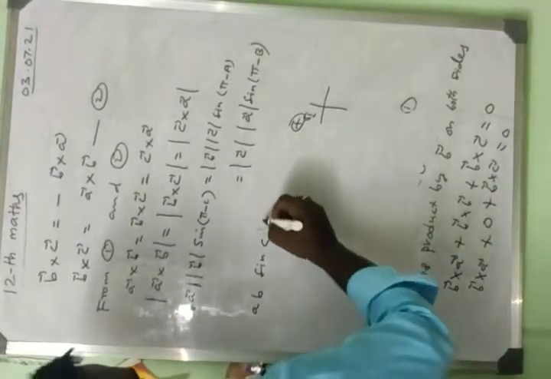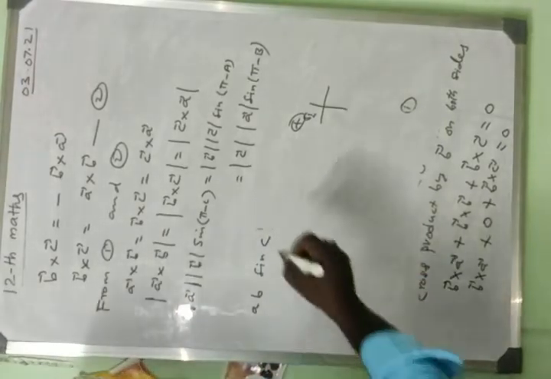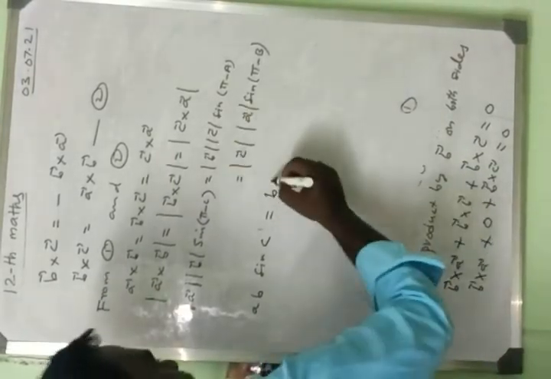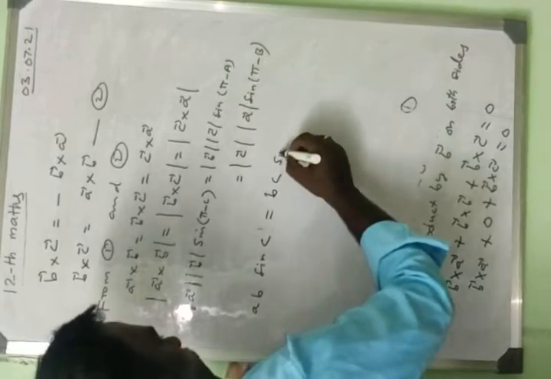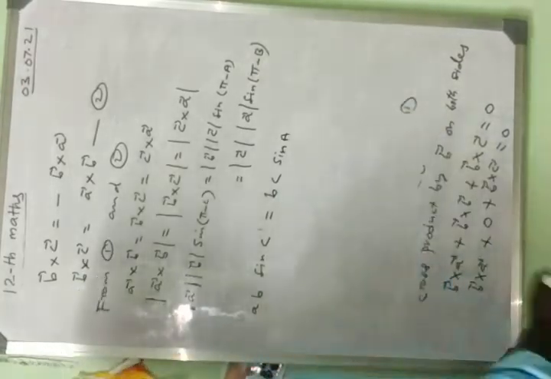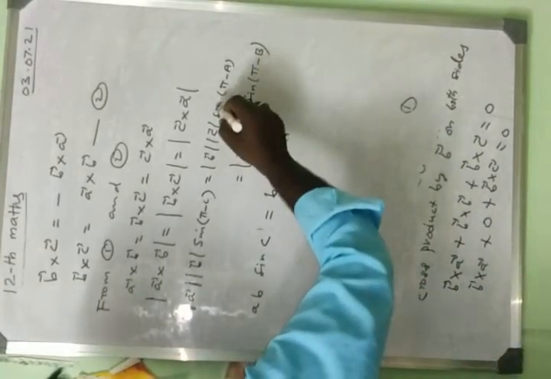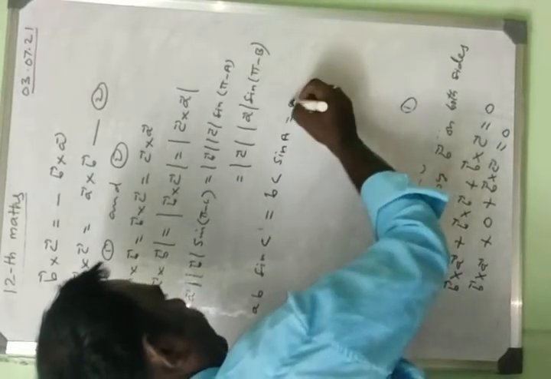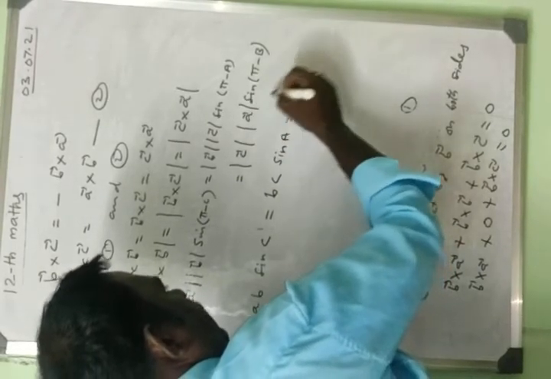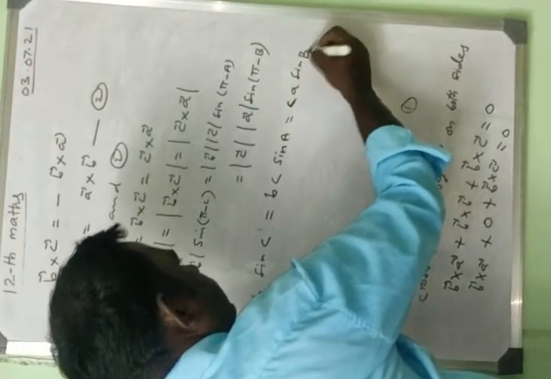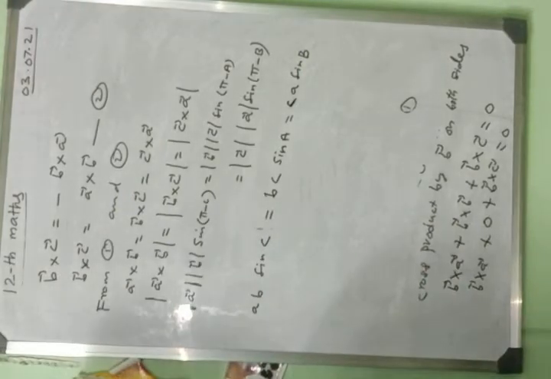Okay. Next, sin C is equal to, what is next, mod vector B? You can write B. Mod vector C, we put C. Sin A, angle A. Then here also a plus sign only comes. This is equal to mod vector C, we put C, mod vector A, we put A, sin B only comes. Sin plus sin only.